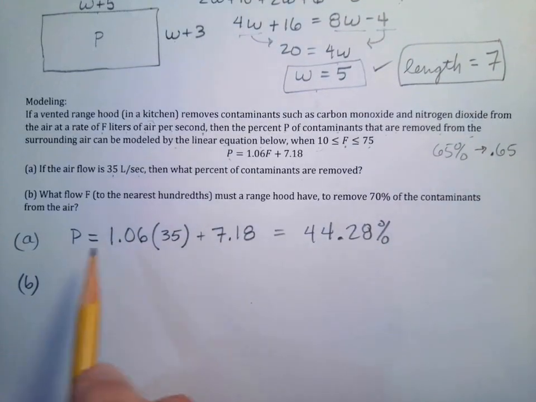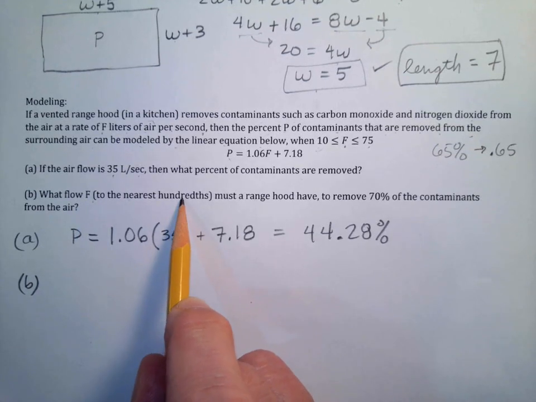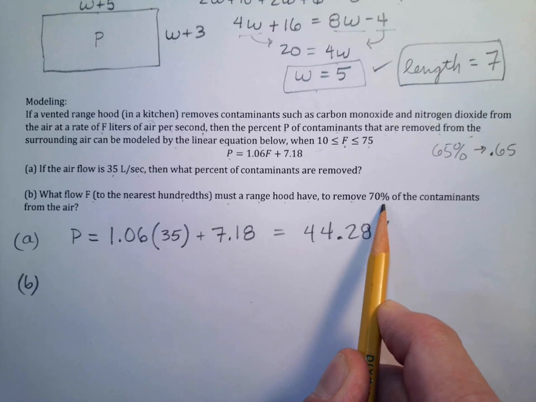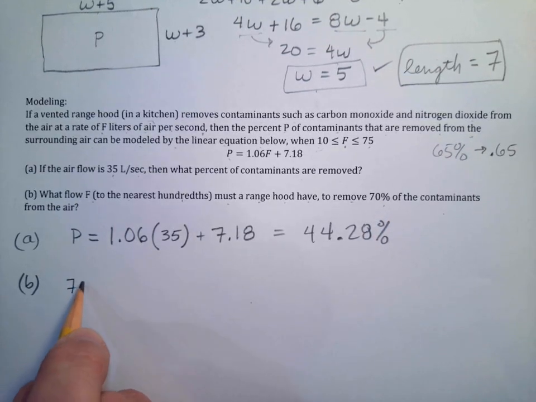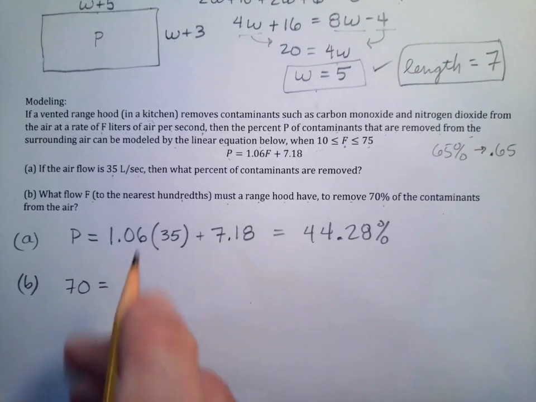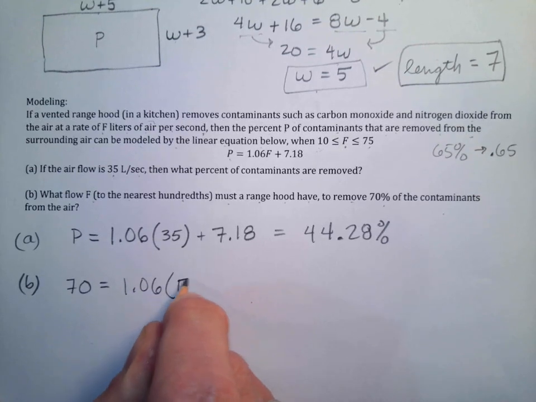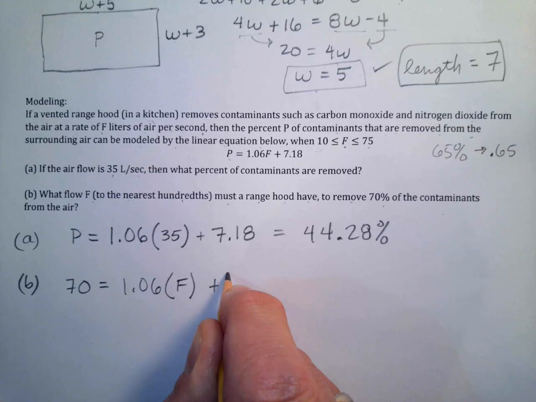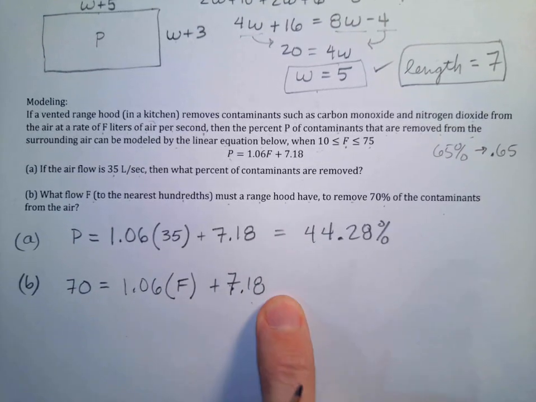Okay, so this one. What flow rate, F, to the nearest hundredths must a range hood have to remove 70% of the contaminants from the air? So again, this time we're going to type in the percent as a percent, not as a decimal. So 70 equals 1.06, and then this is the F, plus 7.18. And we want to solve this one for F, so we'll bring the